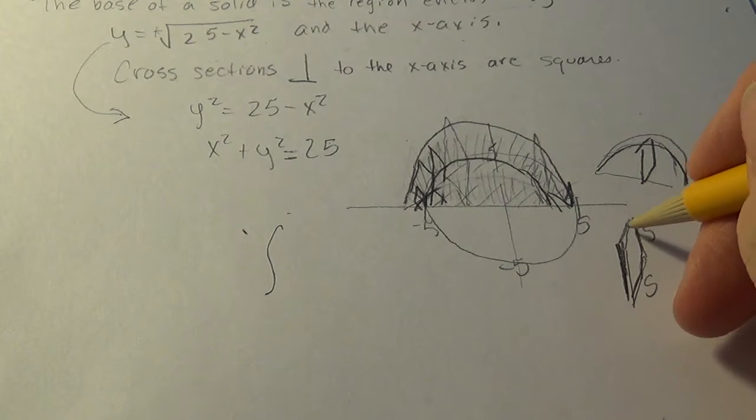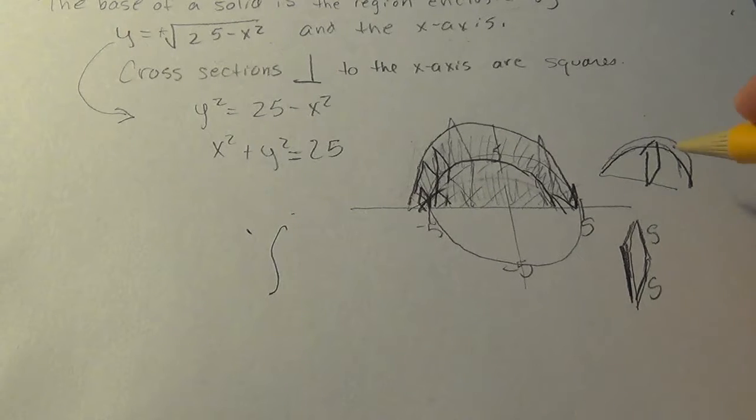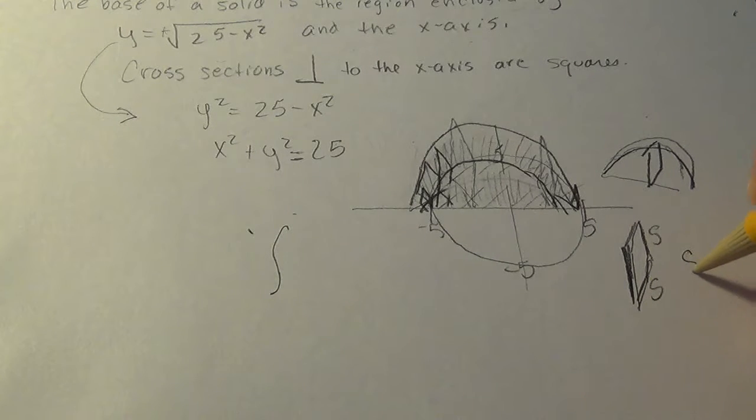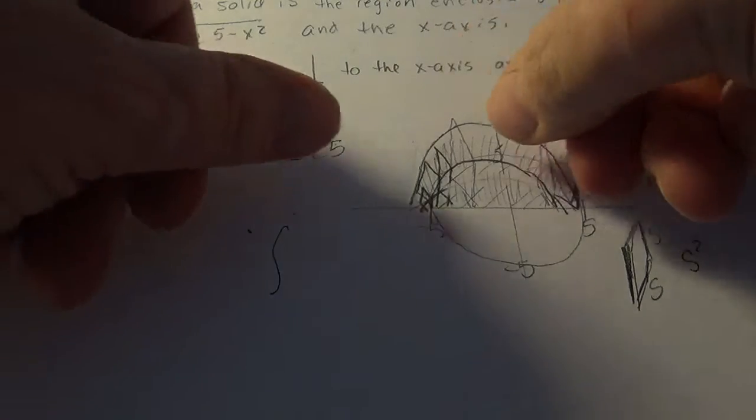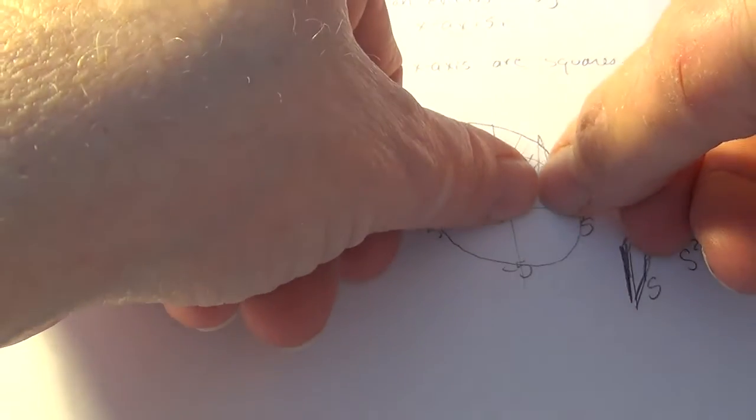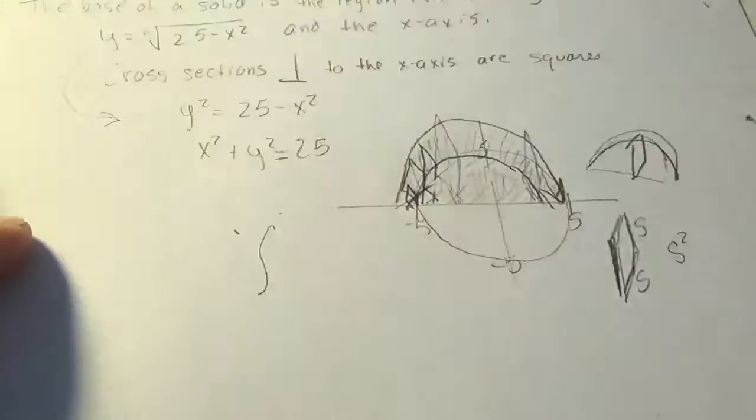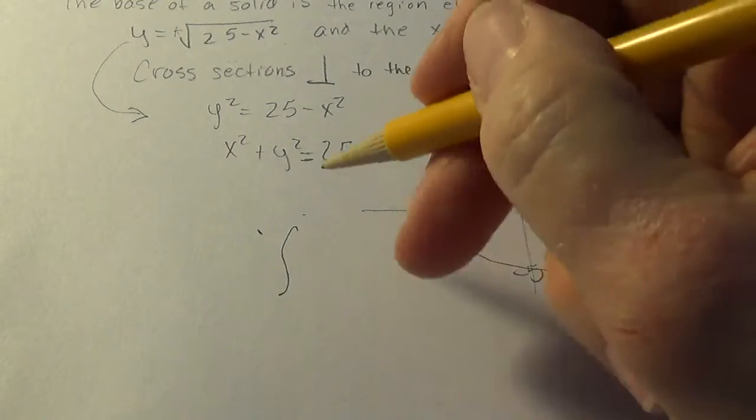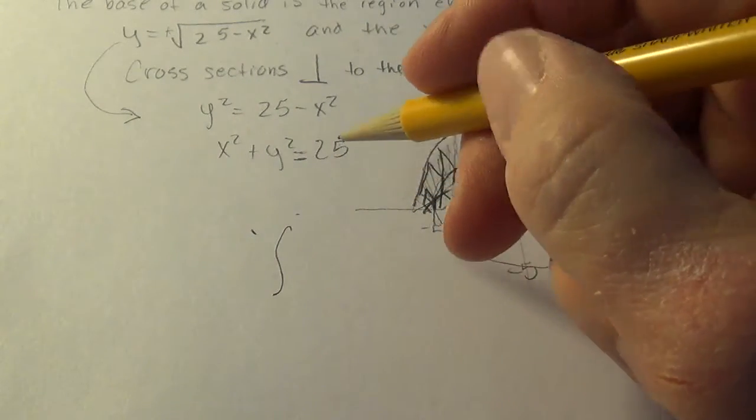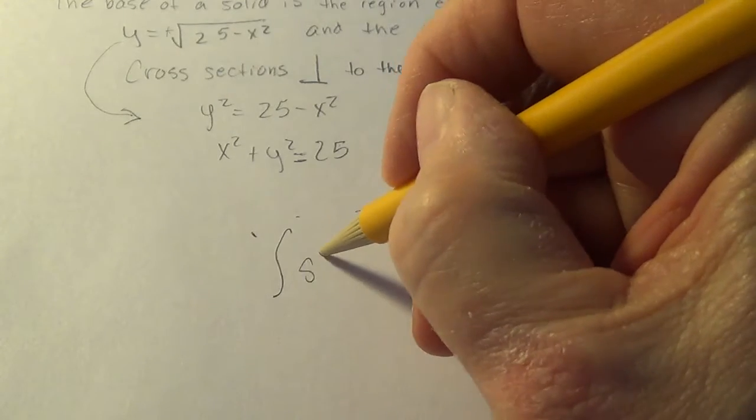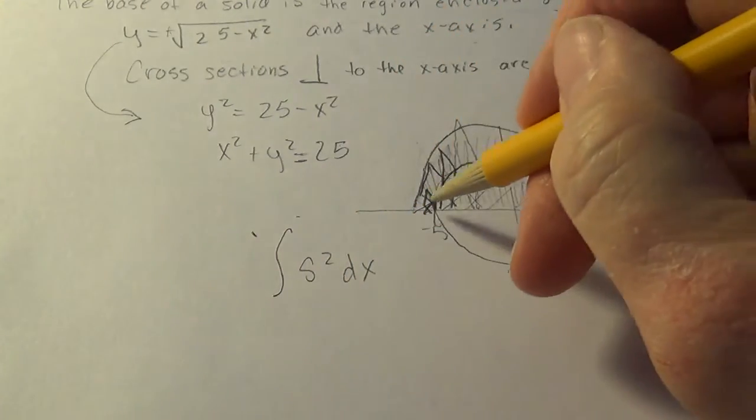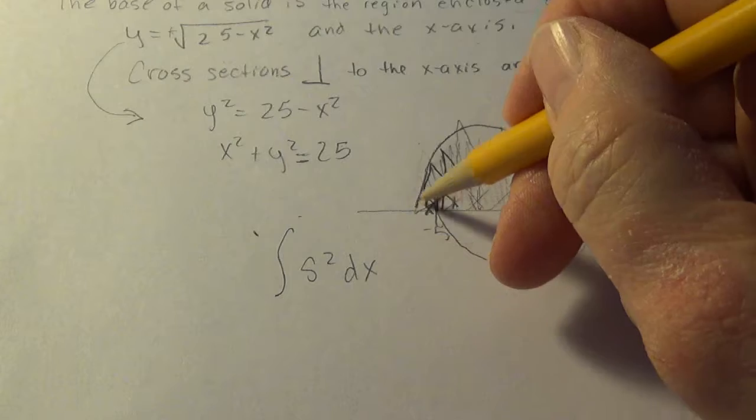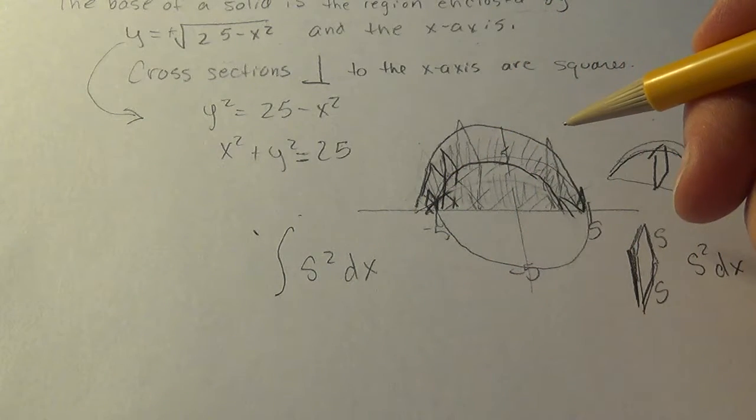So its volume of just one of those thin wafers, square wafers, is s squared, and then a very tiny thickness. And the thickness of one of these is right here, and it's on the x-axis, so I'll call it dx. Alright, so in this case, we're going to take the volume of the square, which is s squared dx, and we're going to add them all up. And we're going to stack these up between